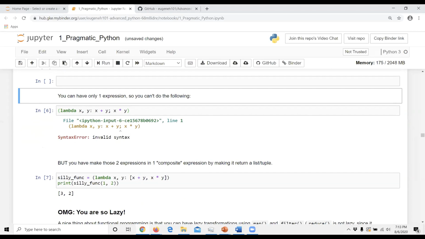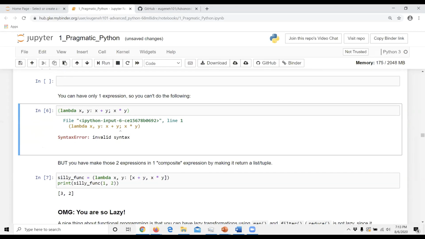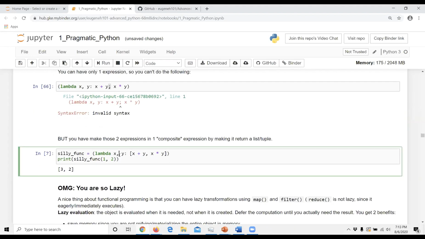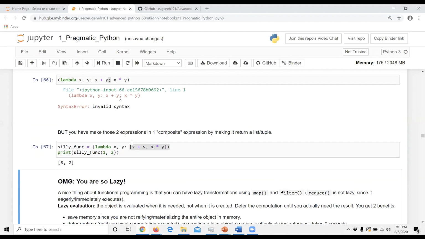So for a lambda expression, because it's just a single expression, you can't do the following. You can't create a multi-line body for this function. So that cannot be done. But what you do to get around that is you create a tuple, or in this case, a list. So it's returning a list right here.